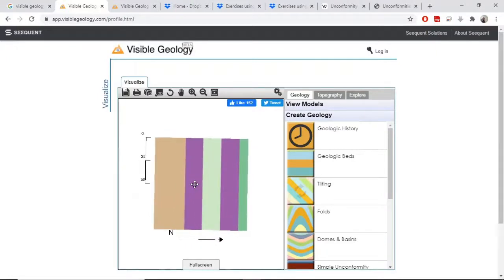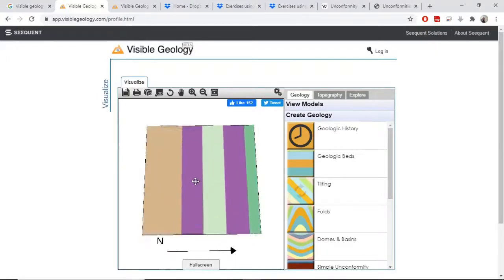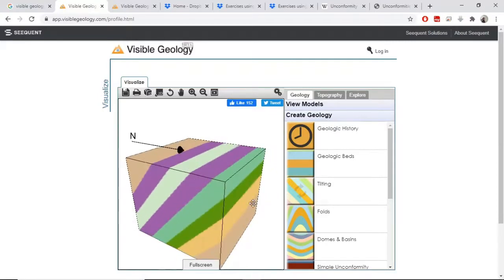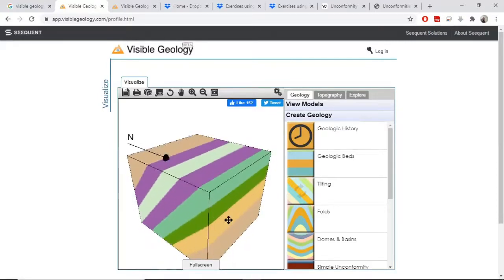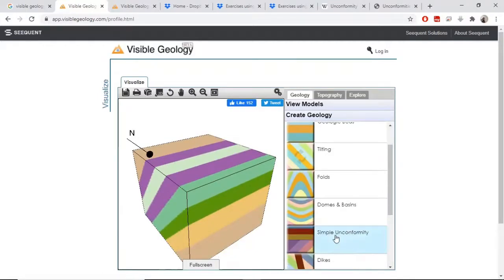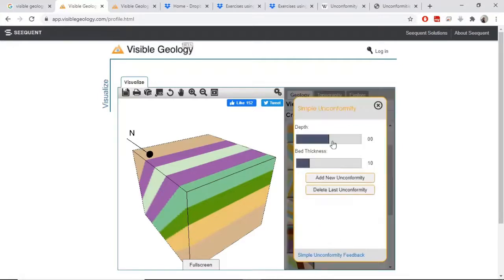This here shows the map view, and the other two views are the cross-sectional views. Now let's create some unconformity in this model. An unconformity is an erosional or non-depositional surface separating two rock masses.